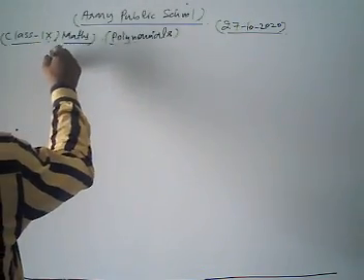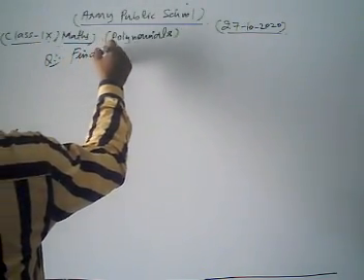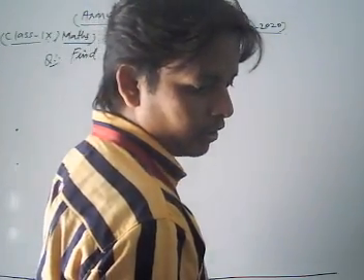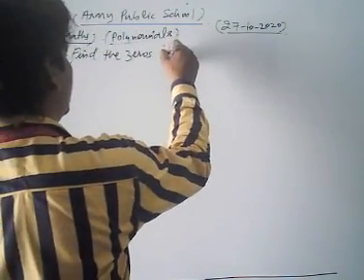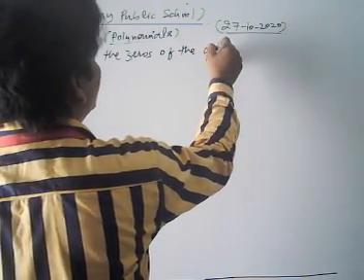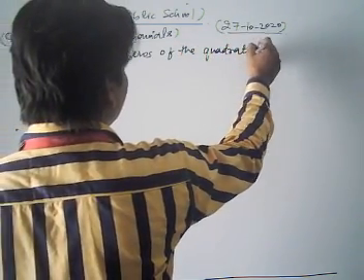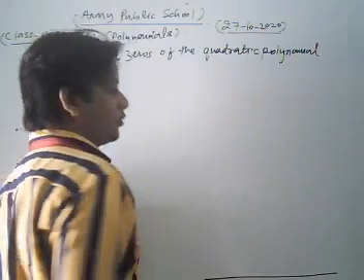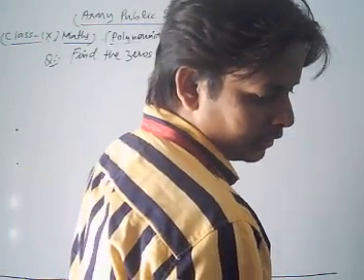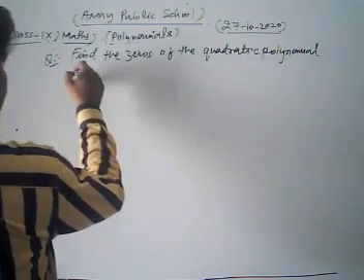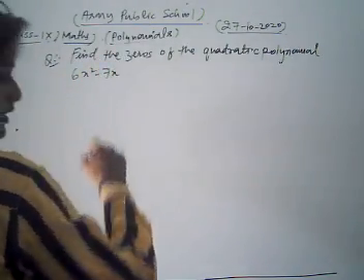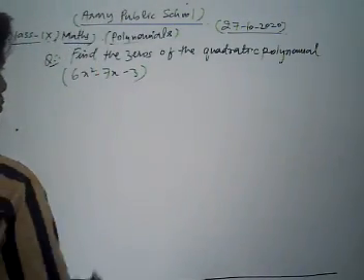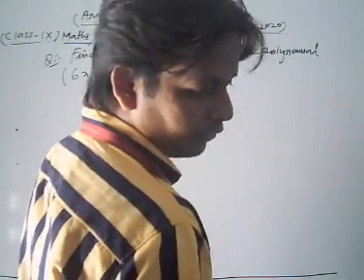The question is: find the zeros of the quadratic polynomial 6x square minus 7x minus 3, and verify